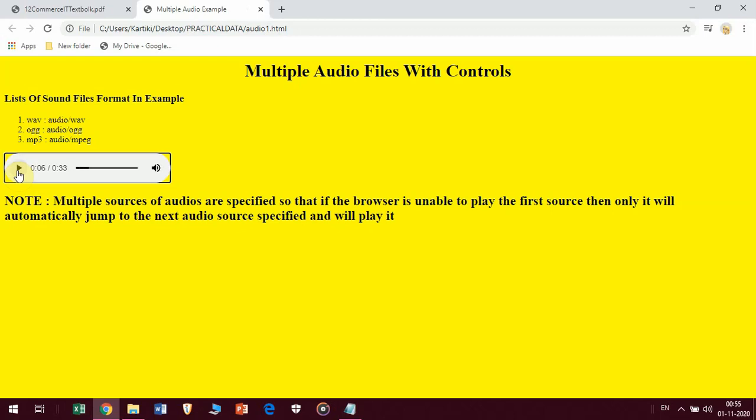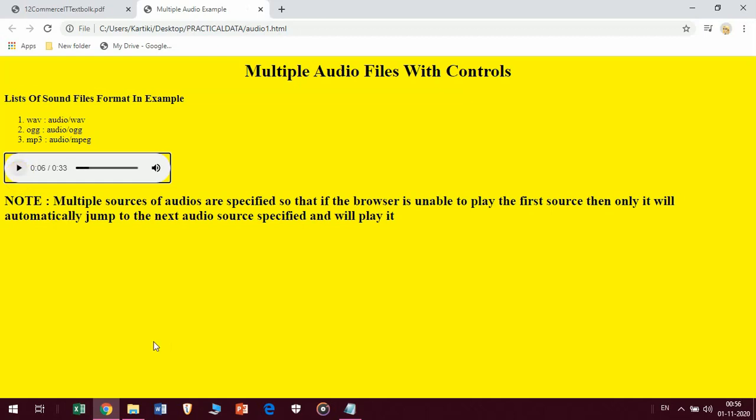हा फर्स्ट पॉईंट आहे. Second, the important note about multiple sources is that the browser will not support all your files simultaneously. It will support any one of the files from the mentioned files. Which is the first one, it will support that. If you want to go on to the next file, either you mention it first instead of second, or you can give it as a comment, like now I have given it as a comment, and then you can skip that file and go on to the next file.